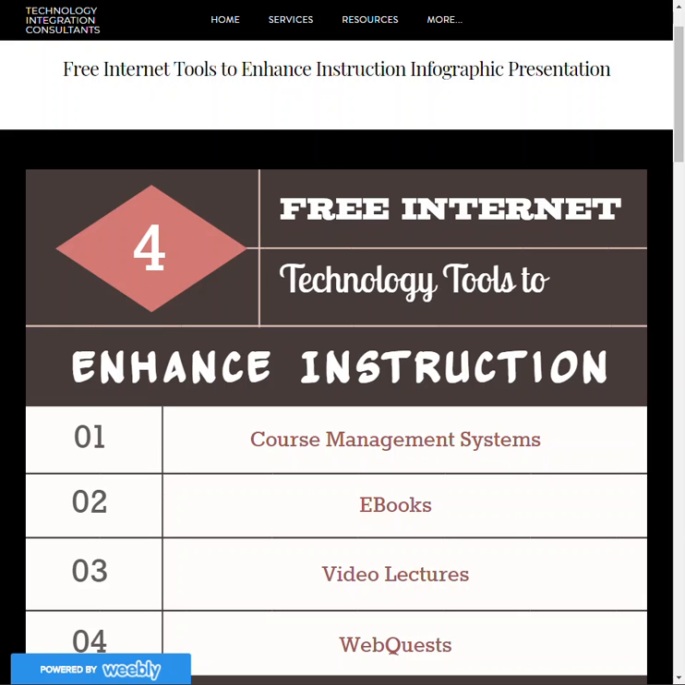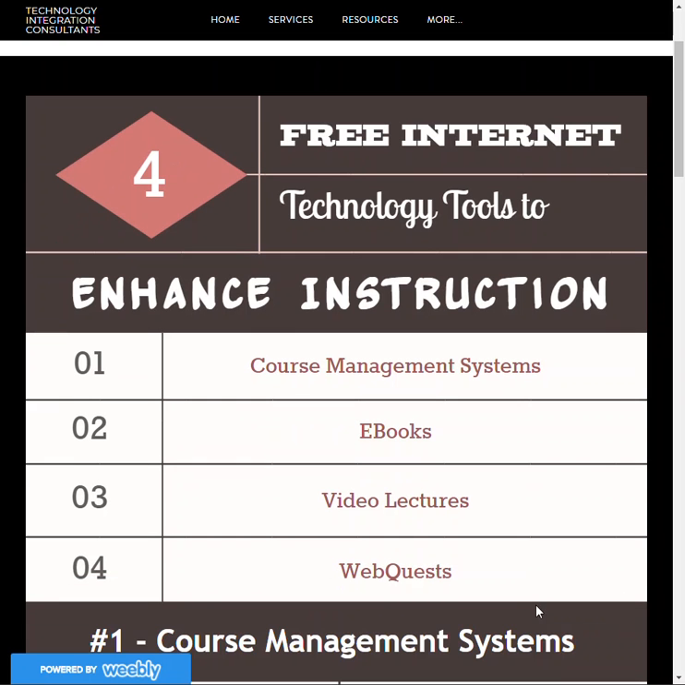The infographic presented herein provides information and resources for using the Internet as an instructional tool. In particular, we will focus on the free Internet technology tools that can be used to enhance instruction in face-to-face, online, or hybrid classrooms. This presentation will highlight the information